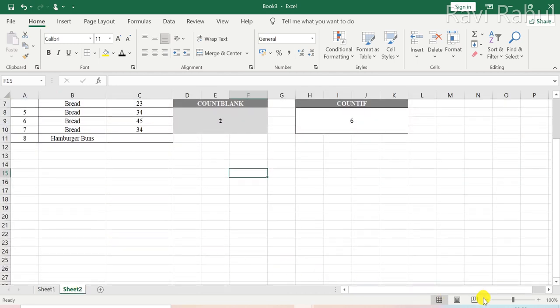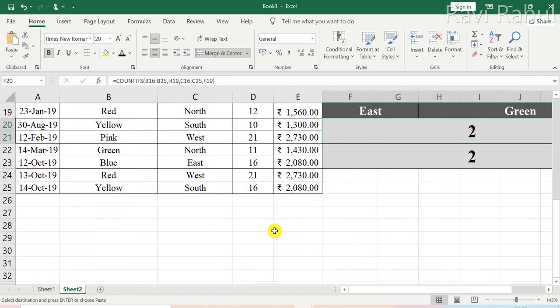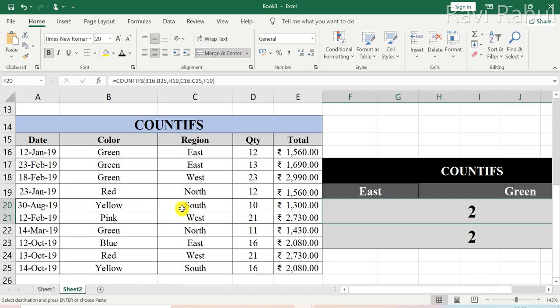Here we have different colors that are being sold on different dates and in different regions like the eastern zone, the west zone, the south zone, and the north zone, and in different quantities, and their rates have also been displayed here. Now what I want to do is count those cells that are in the eastern zone and are green.